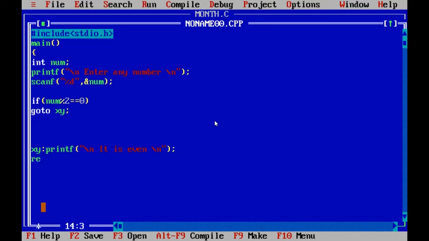Return keyword is used to come out of the function, main function, to return to main, returning nothing here. So if the condition is true, go to the xy location. In this xy location, printf, we are printing the data. After that, we are returning back to the main function. End of the main. If it is false,